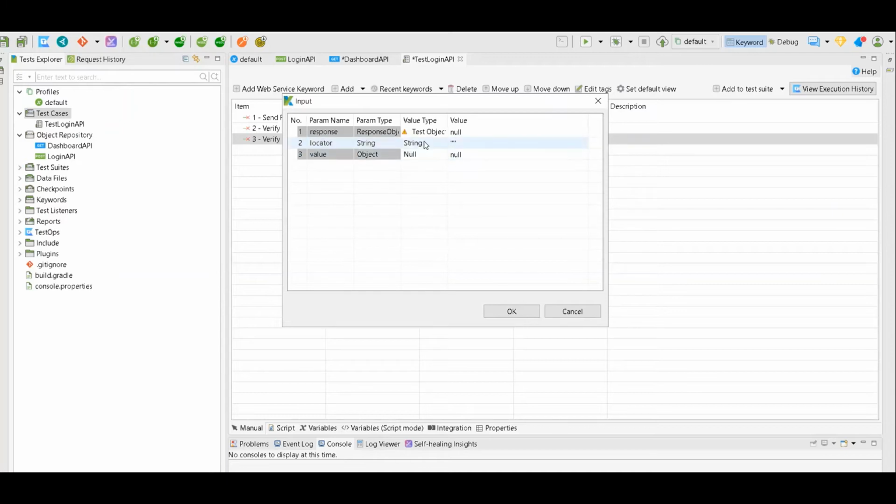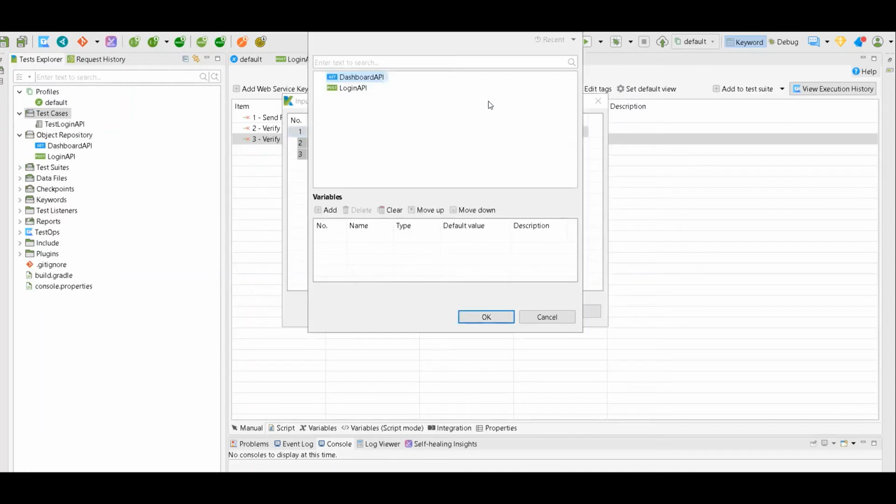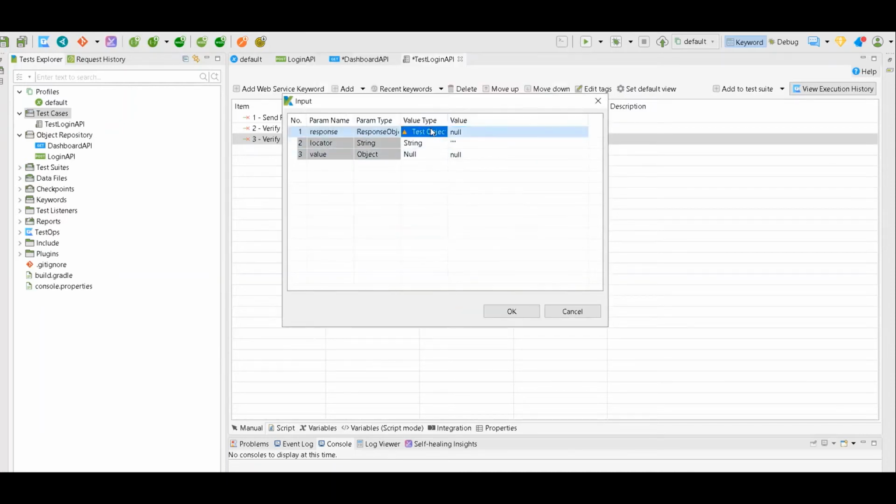And now you need to give something here. So first of all, your response object. In our case, the response object is login response, right? And a locator. In our case, the locator is user.email. Value.